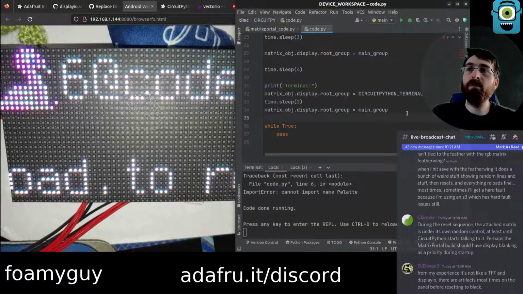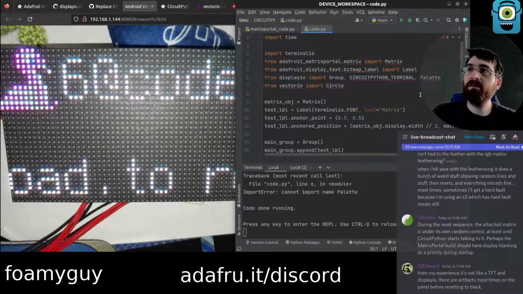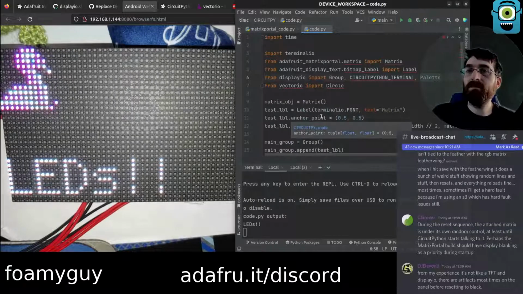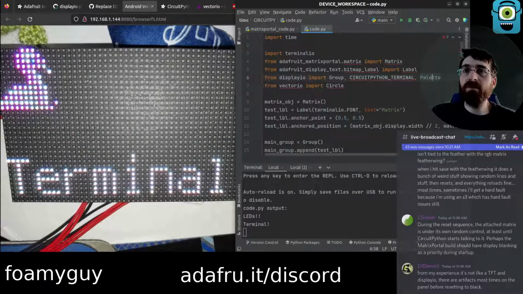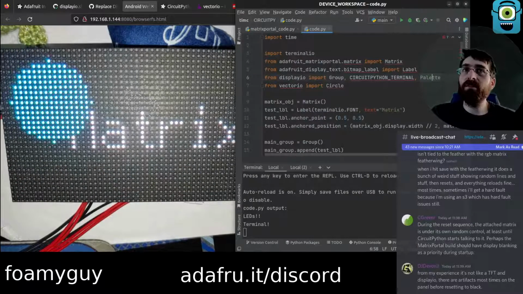Cannot import palette. Try that one. We got LEDs. There is our circle. Back to terminal with the print. Back to main group. Nice.